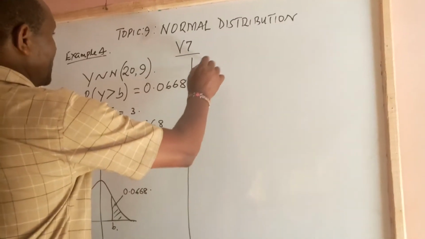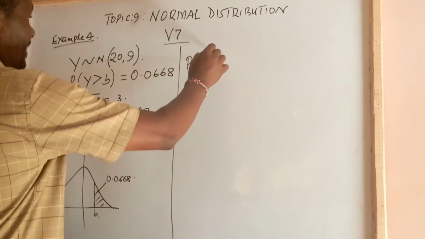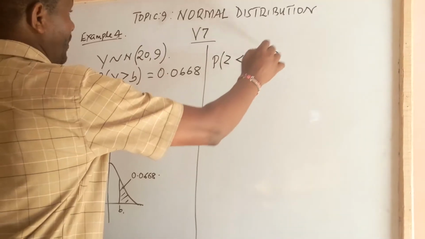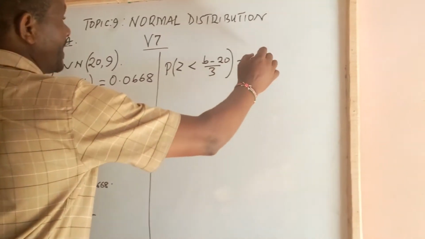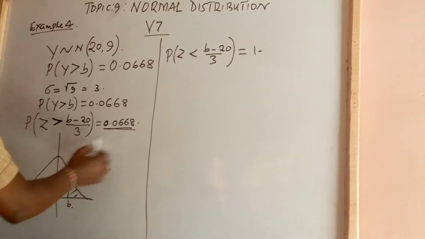The probability of Z less than (b minus 20) over 3 is 1 minus the probability of the whole of this,